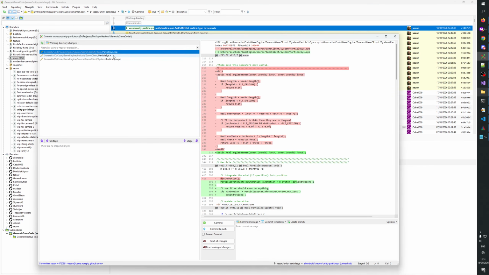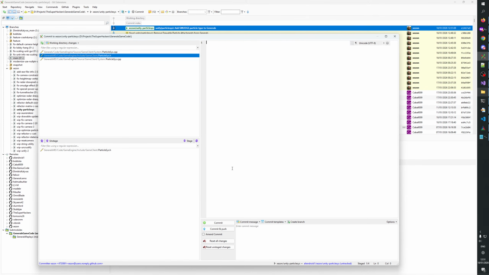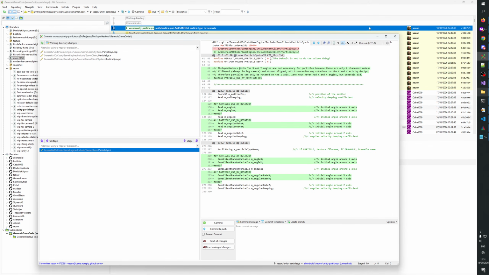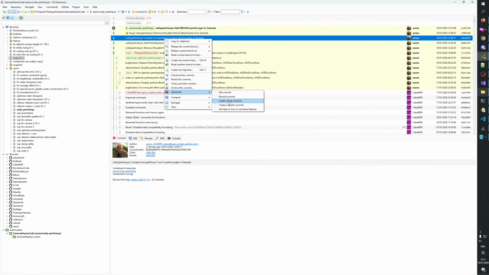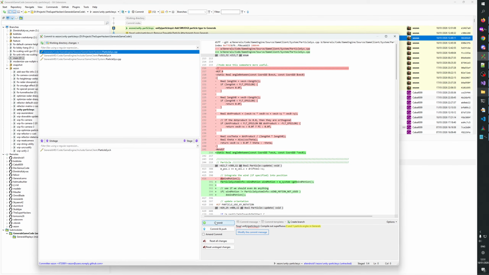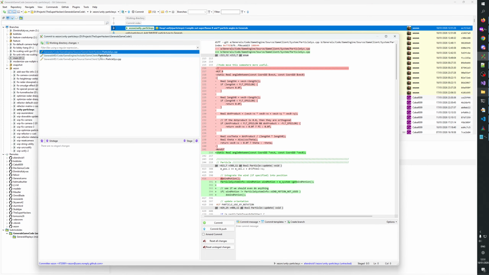Okay, now we forgot some of these guys here, so let's merge these down. Yeah, so they go here to this. Okay, and then next we have